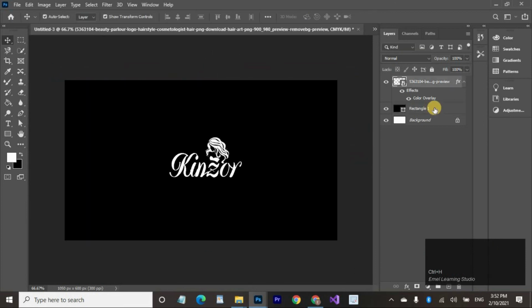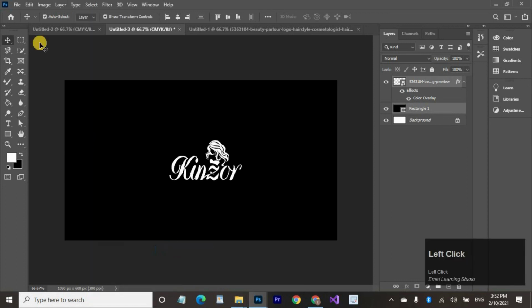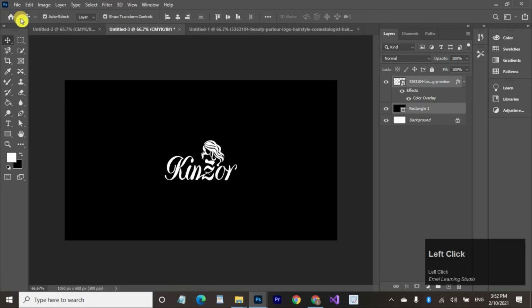Okay, now select both layers, the rectangle layer, click Shift and the logo. Go to Layer, Align Vertical Center and Layer, Align Horizontal Center. Okay, this is the back side of our business card.